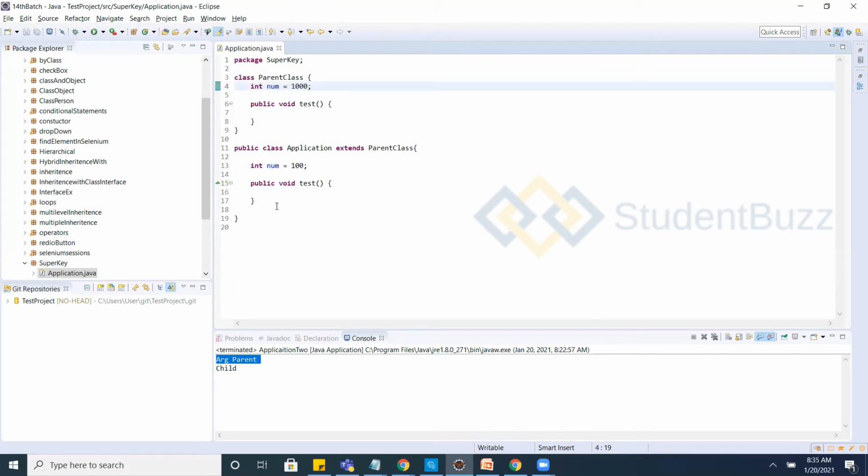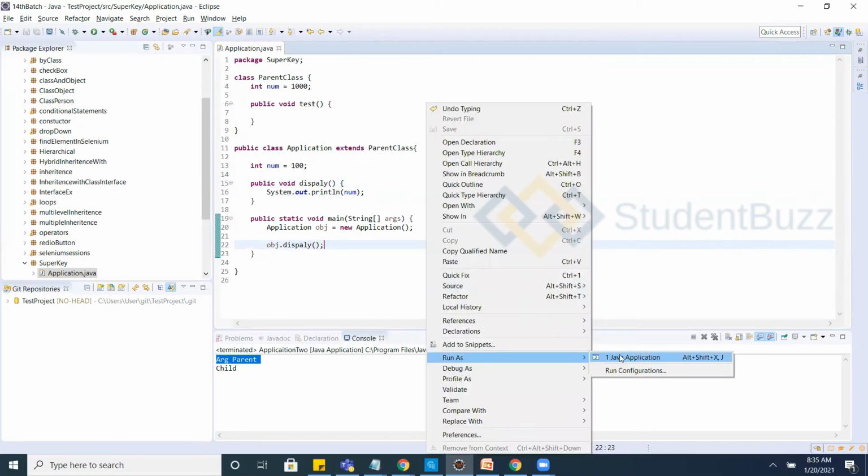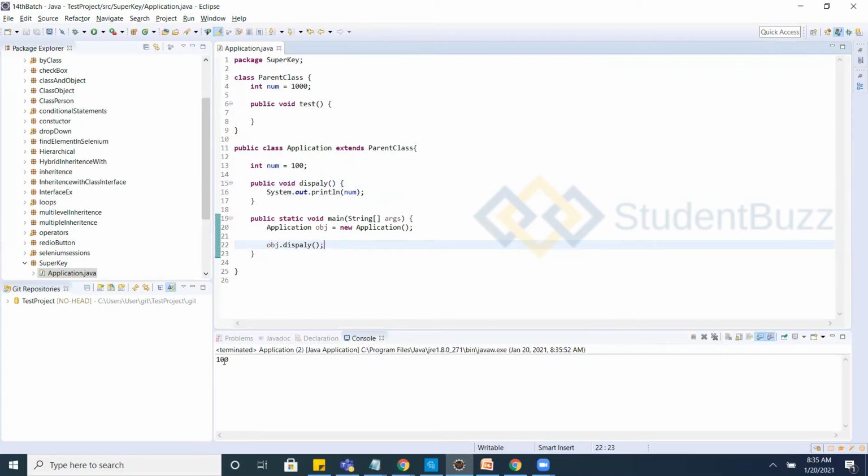I'm trying to print the value of num. In the main method, obj is equal to new application, and obj dot, I can create a display method. I'll say display here. What value is going to print?